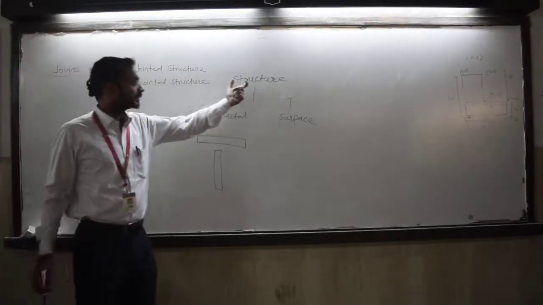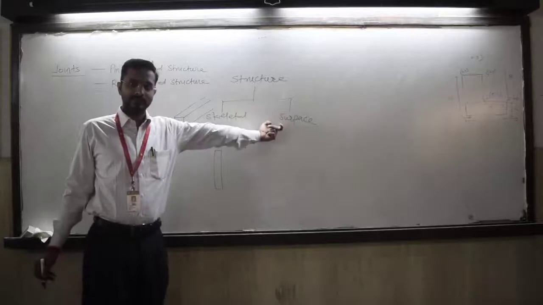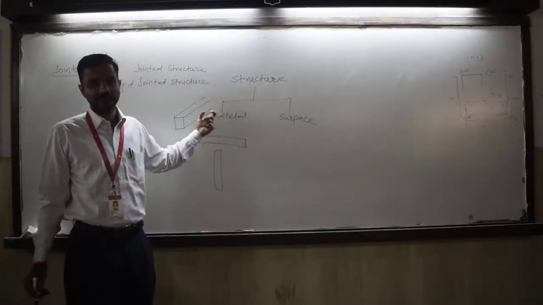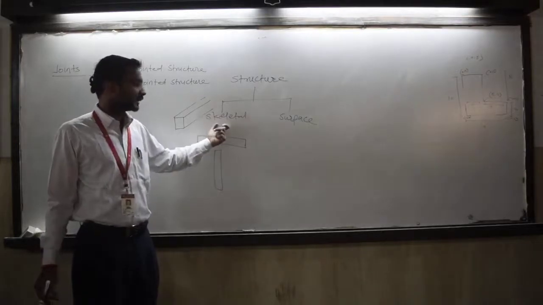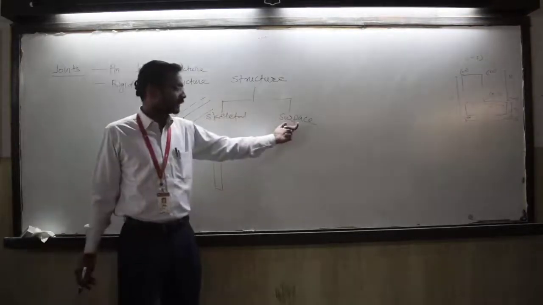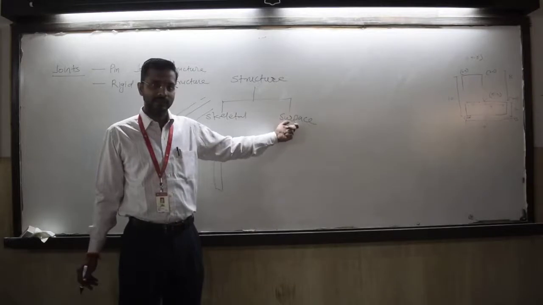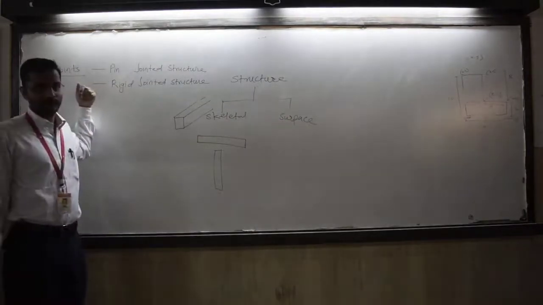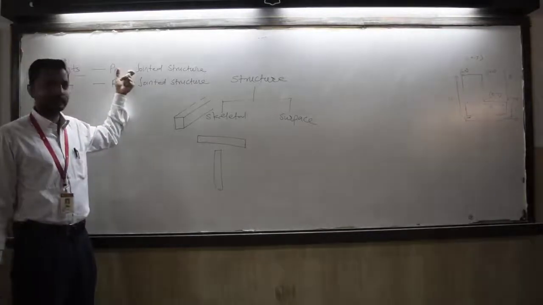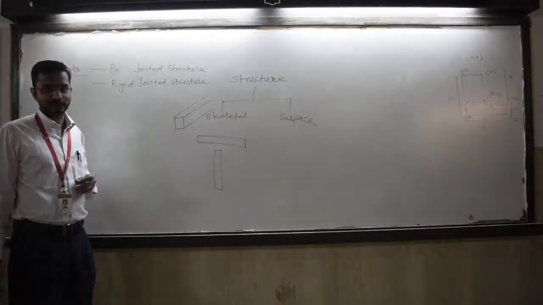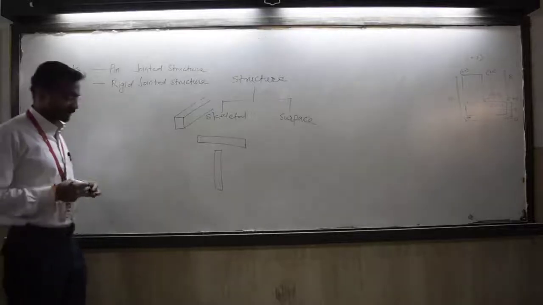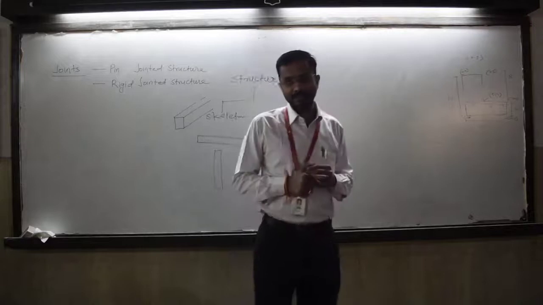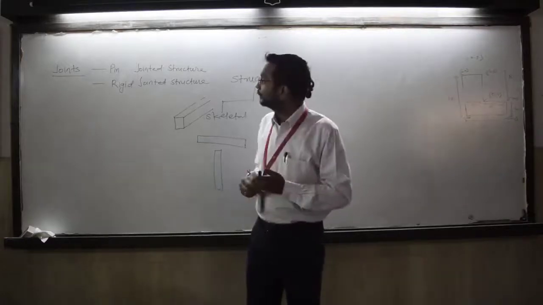The first one is skeletal structure and surface structure. In skeletal structure we have trusses, transmission towers, then RCC framework. If you are coming across surface structure, dam body and retaining wall are examples. Now based on type of joint, you can come across pin jointed structure and rigid jointed structure. In pin jointed structure, the steel trusses and transmission towers, again these are examples of pin jointed structure.